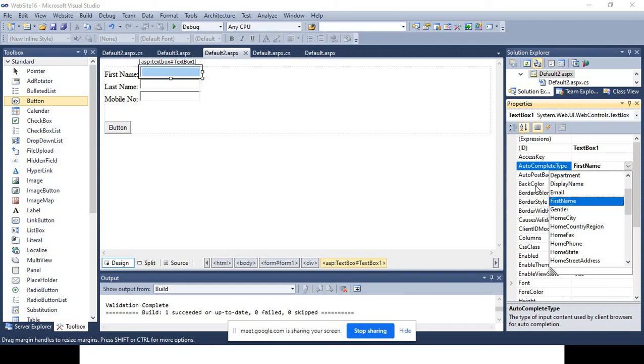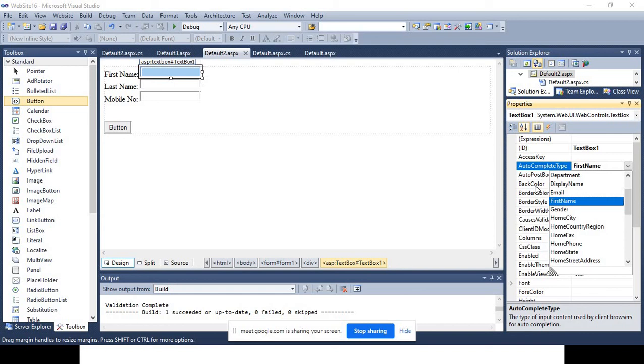Fine. And one more thing, this will be stored in the client machine, so it will be stored in my machine itself. Suppose you put a text box and apply first name, and then you expect the names from my machine to appear on yours, it won't happen. First you have to take a text box, apply that autocomplete type feature, and store at least one or two names.